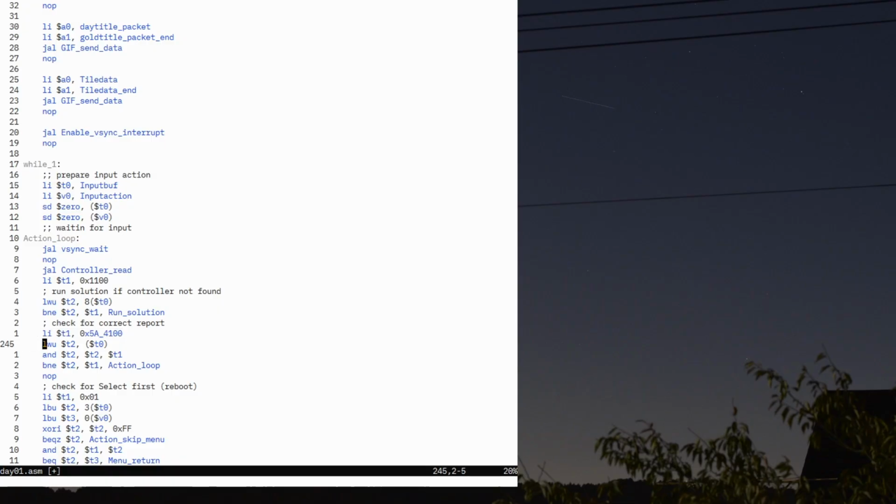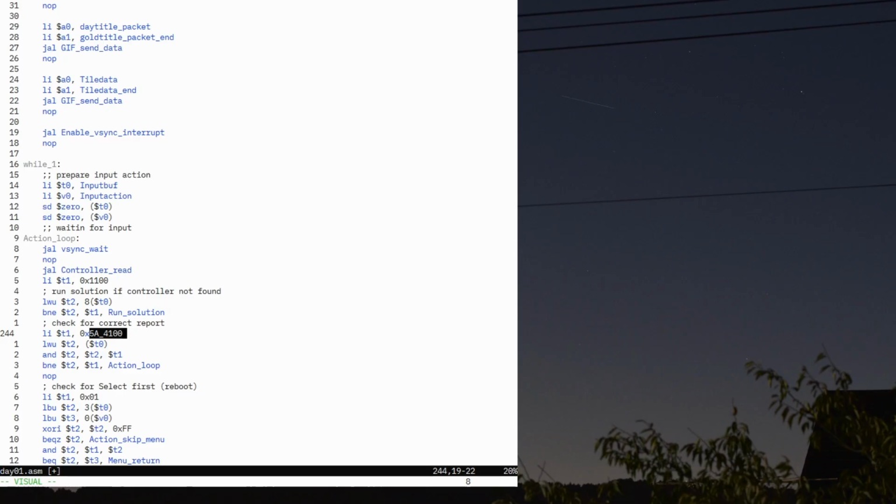So we load a word from there, we AND it with this here, and if it ends up equal to that, then I think actually, if I remember correctly, the expected result is, well, 5A41FF,